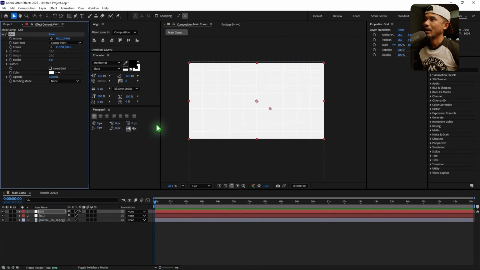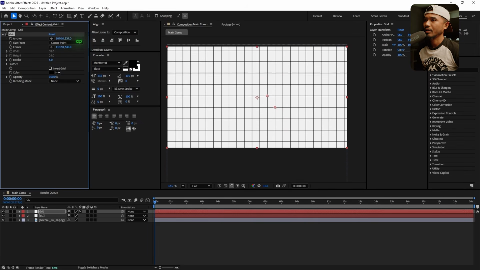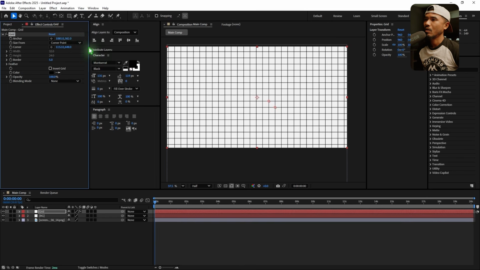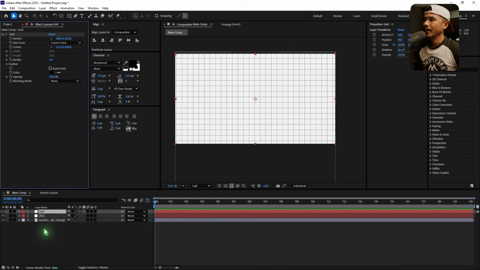Grid. There you have it, and you can just make it black. Start shrinking the grid because it's too big. I want it to be small, and I'm gonna set this border to maybe 2. So yeah, that's fine. And I'm gonna select the grid and add a